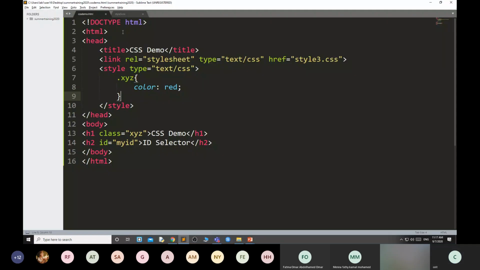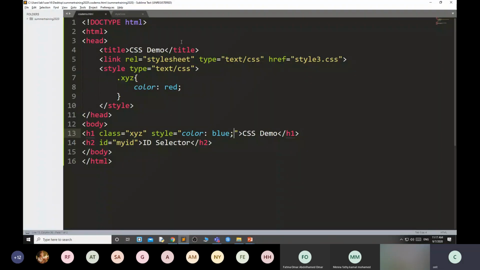Okay. Then for the same thing you have inline style, and in inline you have specified the color blue. Then it takes blue. It means the hierarchy of applying the style to the particular element is inline, internal, external.